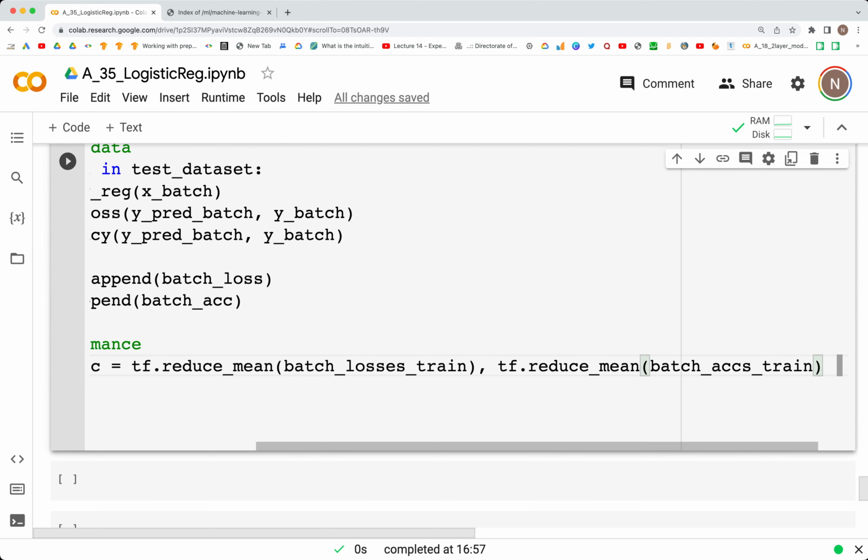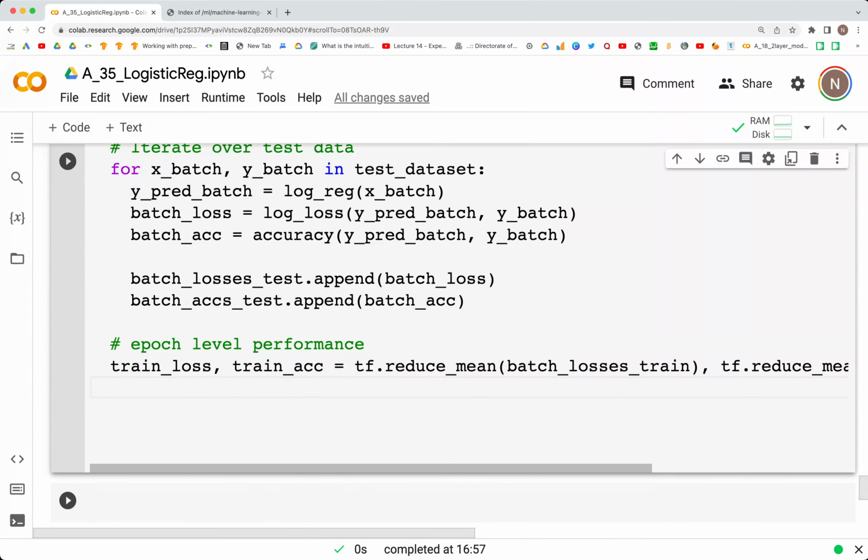And likewise for the test, we have test_loss, test_accuracy is equal to